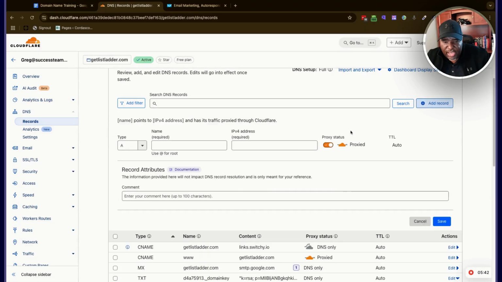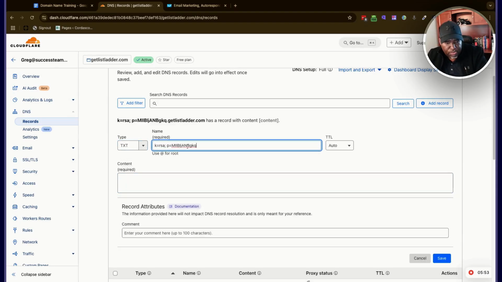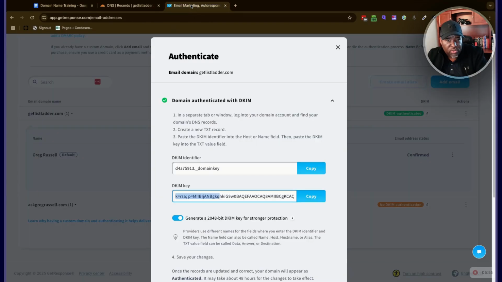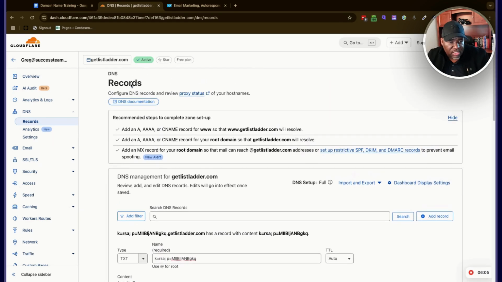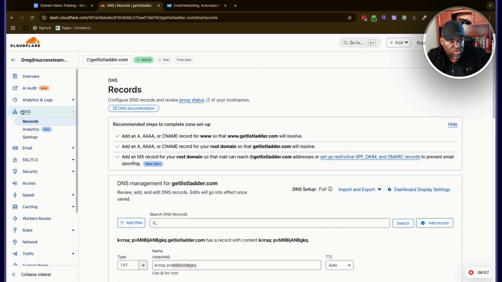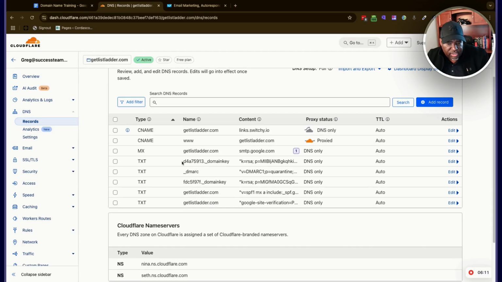So again, you go to add record. These are TXT records. If it's CNAME or any other record, just choose it from the list. We're going to scroll down here and go to text record. We're going to add that name here. Boom. We're going to then go back to this one and copy the key, and we're going to paste it in there. Right. I'm just doing this here. And then you're going to hit save, and it's going to save that record, and you'll be able to see it in your list of DNS records. So I'm just going to click over here. And now you could see that this record is here.